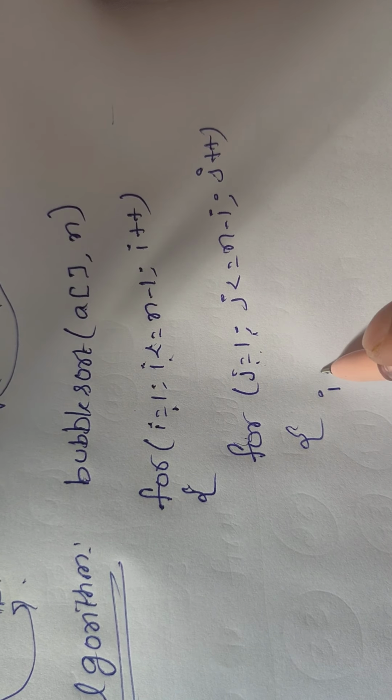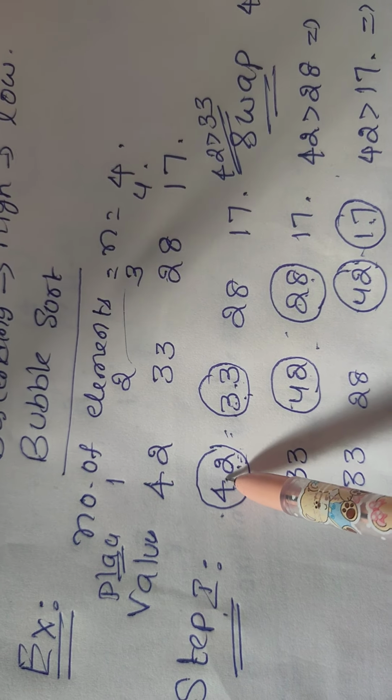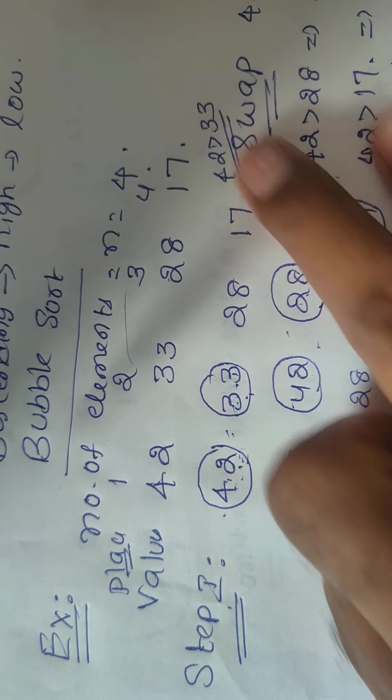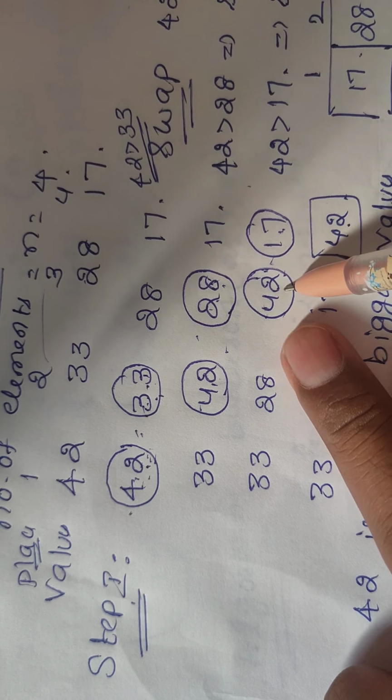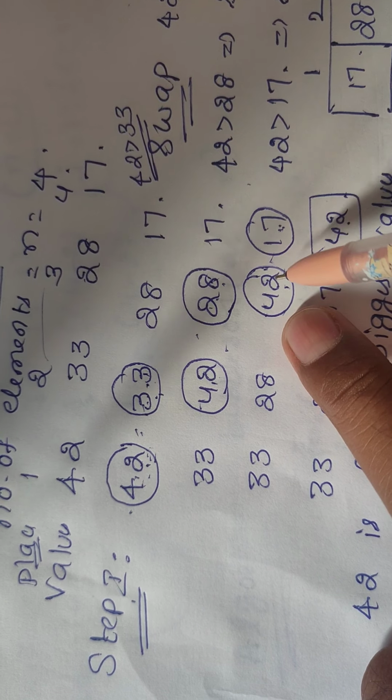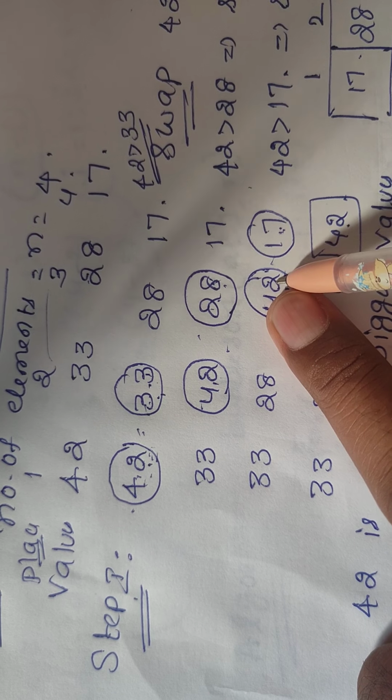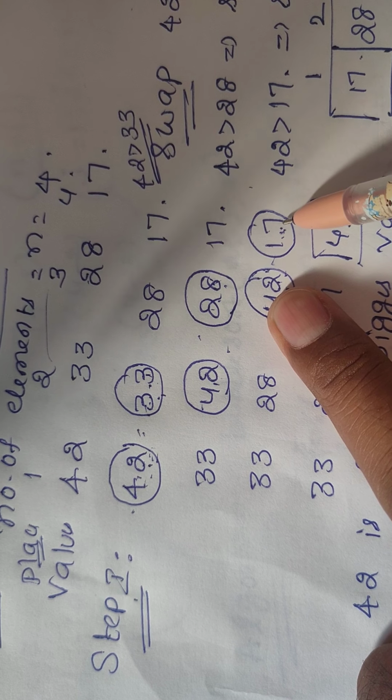So for this one, we can take the if condition. But where are we comparing? For example, this is the first step, compare with the next step. That means the first one compares with the second one. If the value is the second step, compare with the third step. If the value is the third step, compare with the fourth step. If it is the jth step, compare with j plus 1.